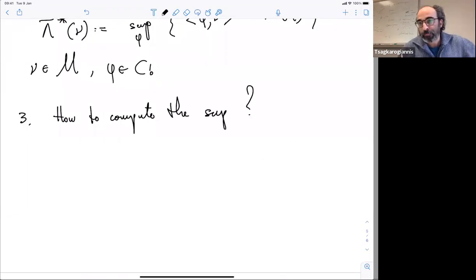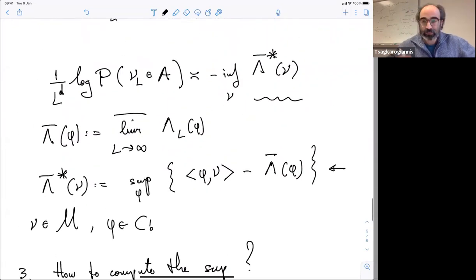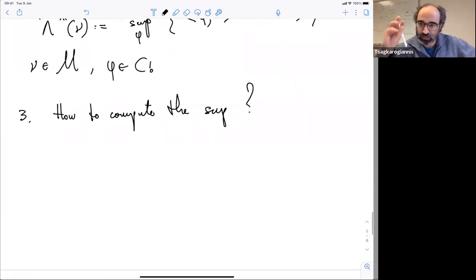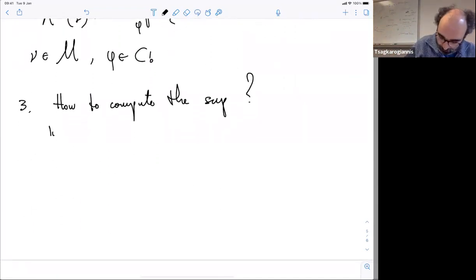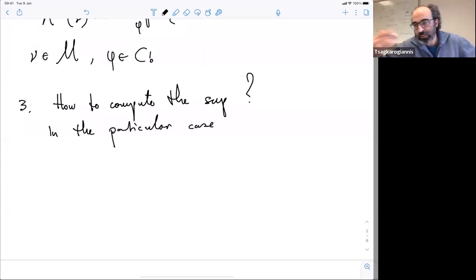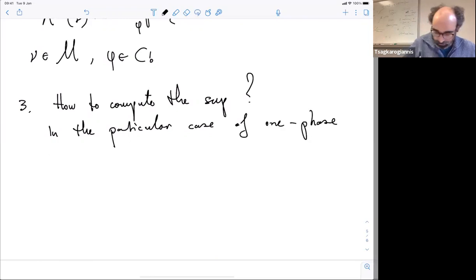And now this theorem is true in generality, so it is true also within phase transitions and general cases. Now, in the particular case, if we are in a one-phase regime, I will comment on that. I don't prove it now, but I just want to say that in this particular case, which is actually the less interesting case, but this is what one can do rigorously, the particular case of one-phase regime,